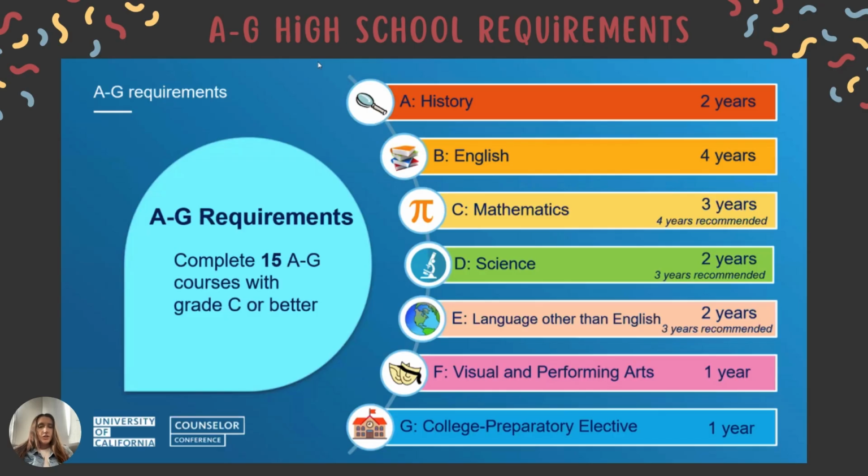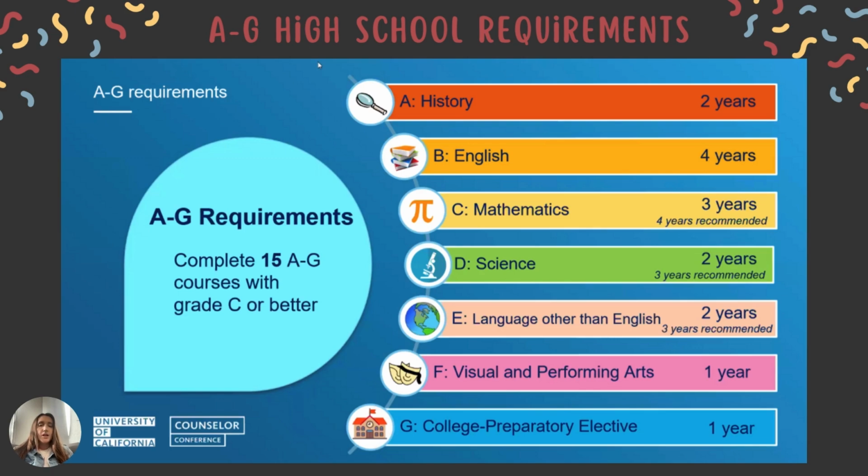Language other than English, 2 years is required, but 3 years is recommended. And that just helps that continued practice. And these years recommended for these 3 different topics help make them a stronger applicant as well, like I previously said. Visual and performing arts, they need a minimum of 1 year, and a college preparatory elective is a